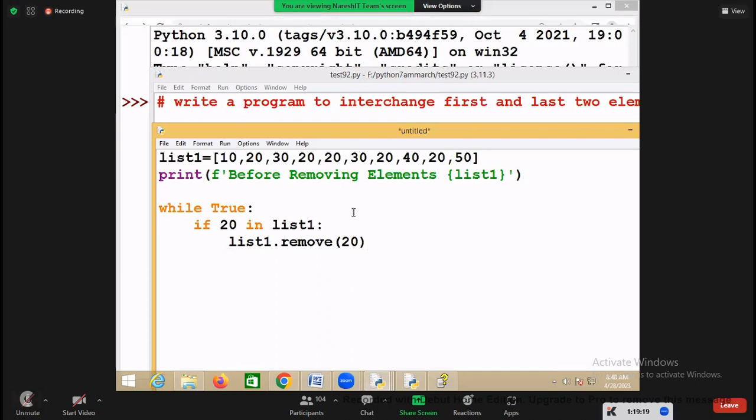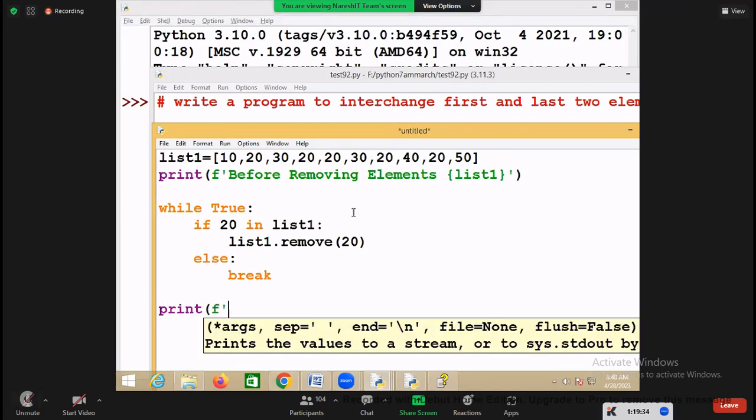Suppose if it is not there, what you are saying? Break. So break is for termination or not? Yes. So print format. So print format after removing,